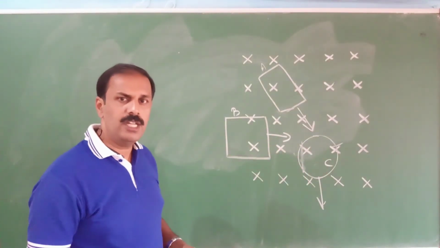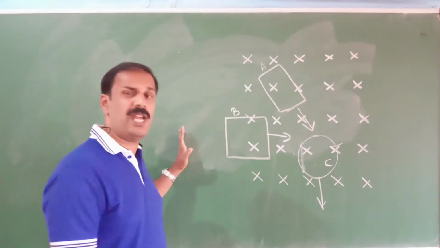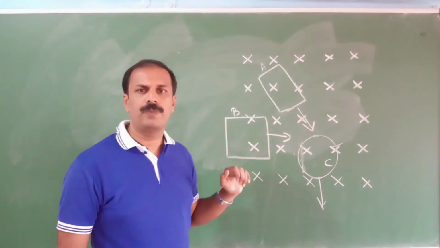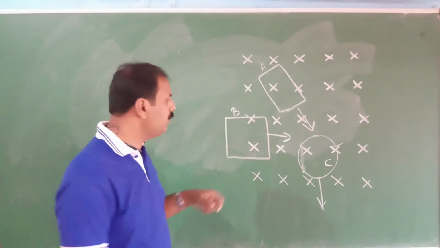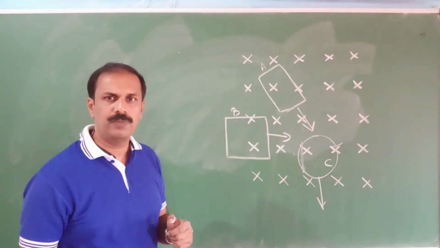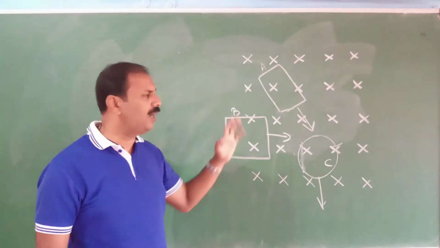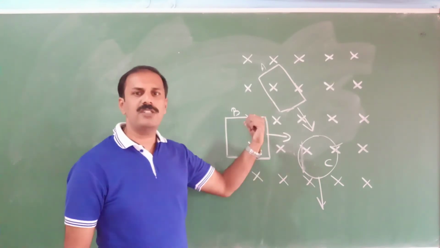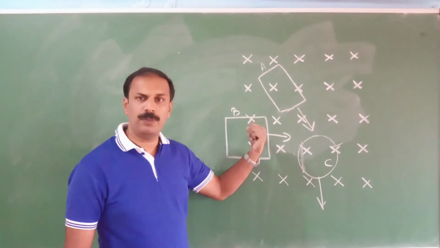Now what we are doing is, we have a loop here. We are taking this loop from outside where there was no magnetic field, into the field. So the question is, in which direction the current will be in this one, whether the current will be in the clockwise direction or in the anti-clockwise direction. To find that, first we have to find what is the present direction of magnetic field. You can see that the arrow mark is into the plane of the paper, so the present direction is into the plane of the paper.